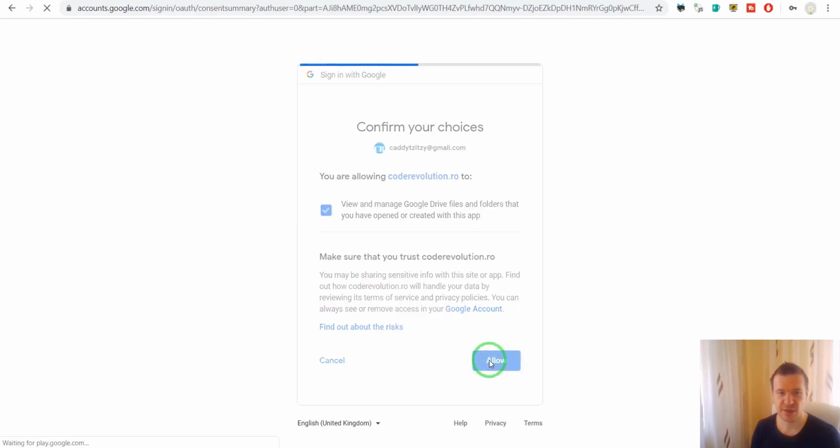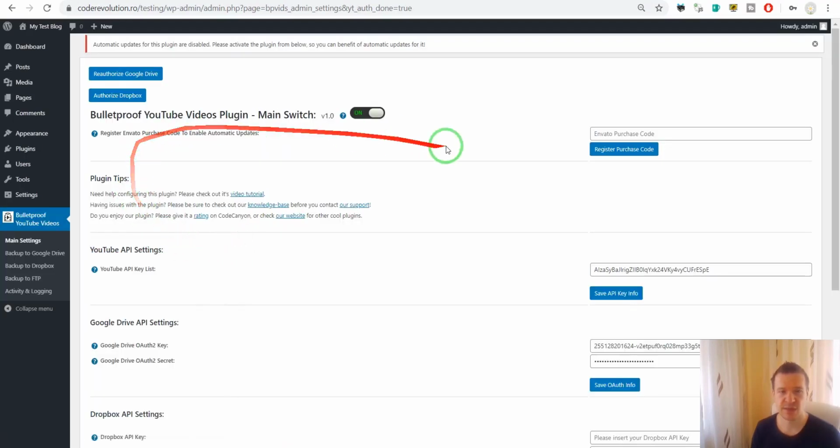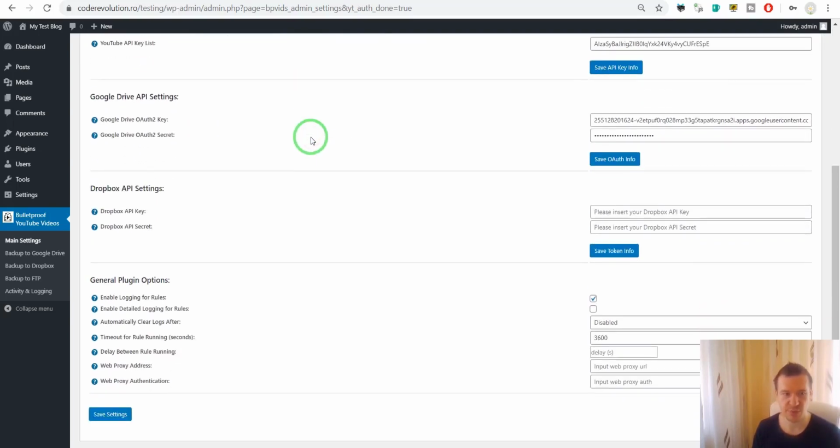Once again, allow. And the plugin will be redirected back here, and reauthorize will appear instead of authorize, and this will tell you that authorization was successful. Now we can go to backup to Google Drive,